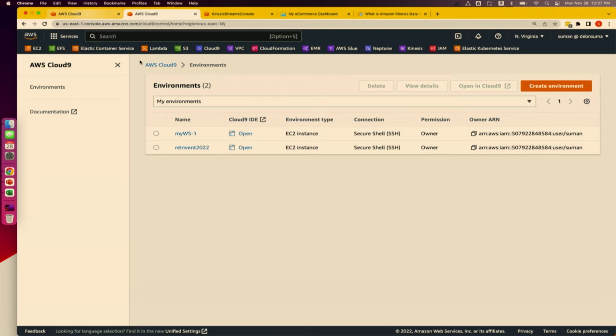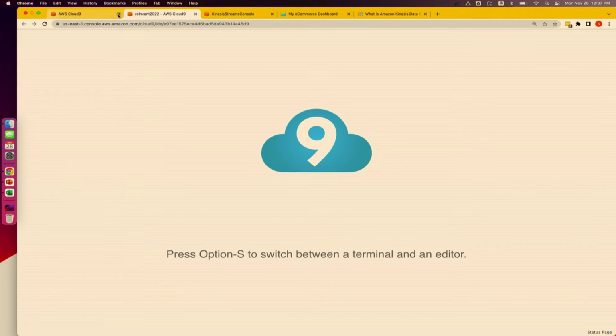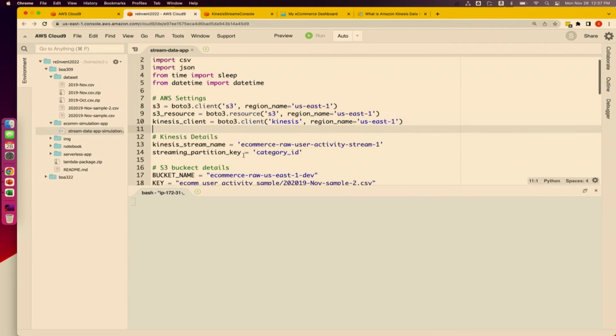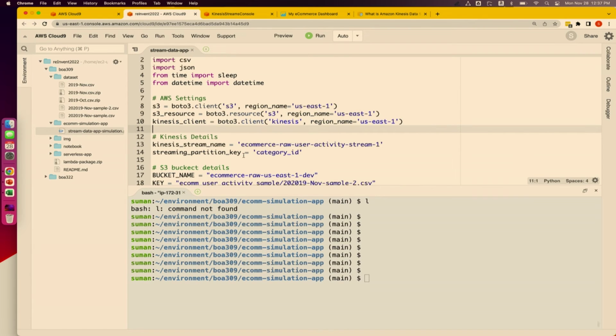Okay, quite a few. So for folks who are new to Cloud9, Cloud9 is basically an IDE on AWS. So you don't have to carry your laptop and all of that. It will give you a development environment on the cloud, right? So you can use any system and you will get an environment like this. So let me just open it up. So this is the Cloud9 environment that you will get. It's quite similar to any of the IDEs that you might have seen.